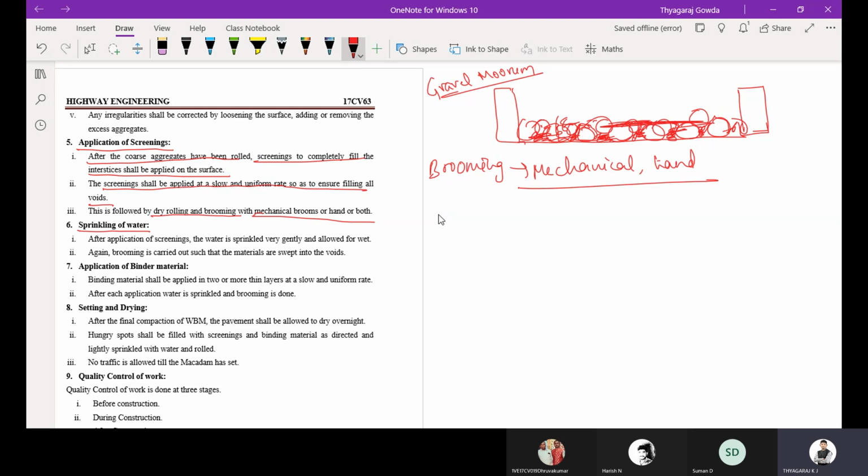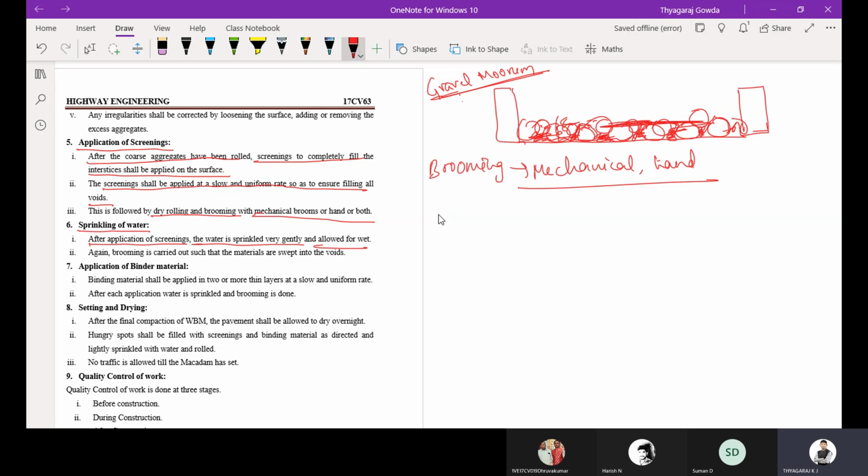Why? Because the gravel or murram acts as a screening material, and if we apply water, it works effectively. That's why we add the water. After application of screenings, the water is sprinkled very gently and allowed to wet.